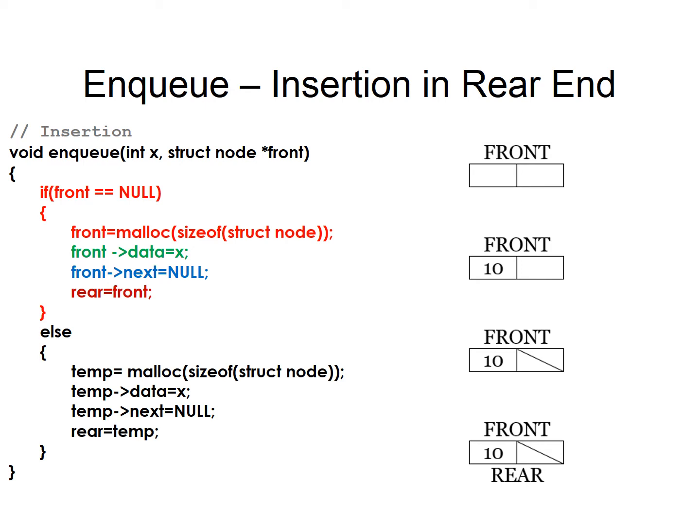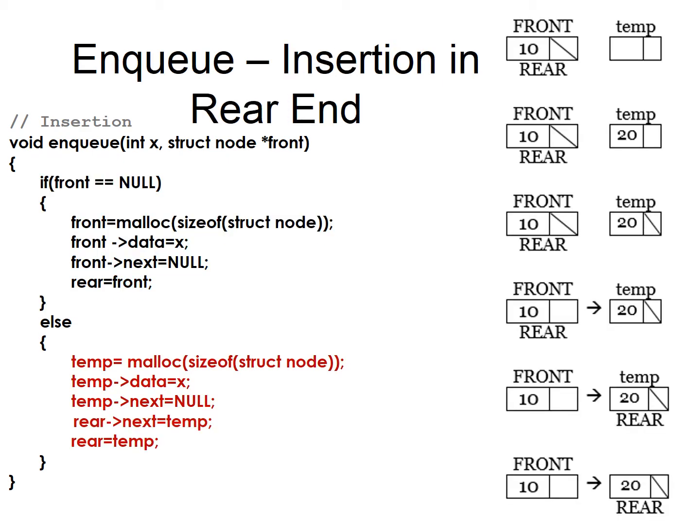You can see the diagram, a new node front is created. The first step we will do is store the element to be inserted. We are getting it as X. So in the data part, I am storing the X value. So front of data is equal to 10. Then this is the first and last node, so this node's next pointer will be null. So front of next is equal to null. And this is the last element of the queue, because the queue is having only one element. So both front and rear will stand in the same node. So I am assigning rear to the front. How do I assign rear to the front? Rear is equal to front.